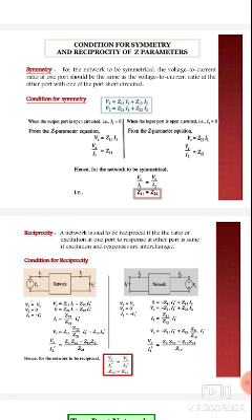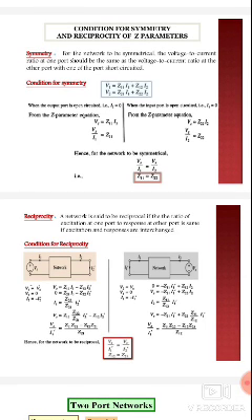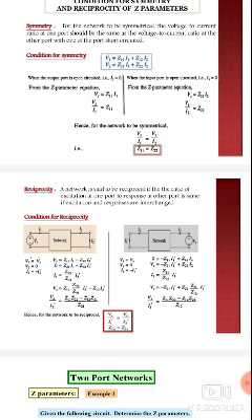The standard equations are V1 equals Z11 I1 plus Z12 I2, and V2 equals Z21 I1 plus Z22 I2. How can we solve the Z parameter equations? First, open circuit the output terminals, meaning I2 equals 0. Substituting I2 equals 0, V1 equals Z11 I1, or Z11 equals V1 by I1. Likewise, apply I1 equals 0, meaning the input is open circuited, and we can find the output value.